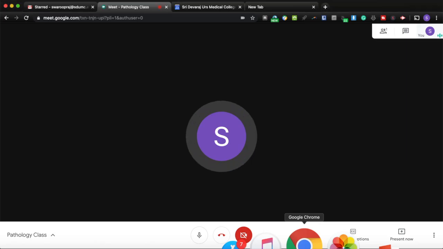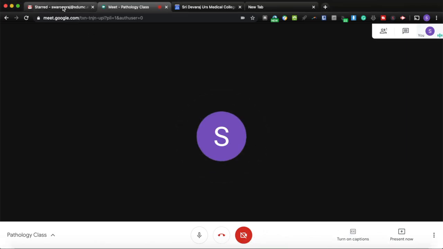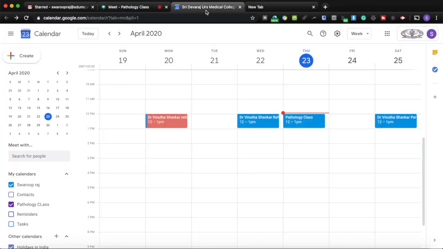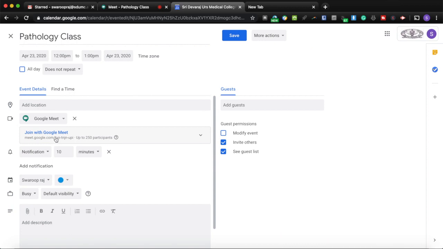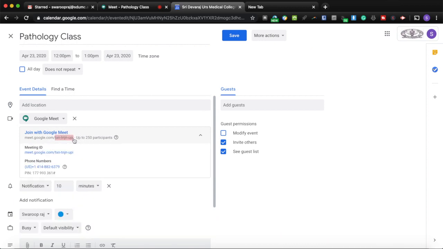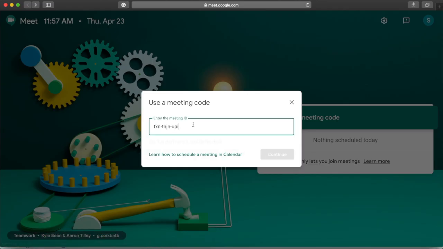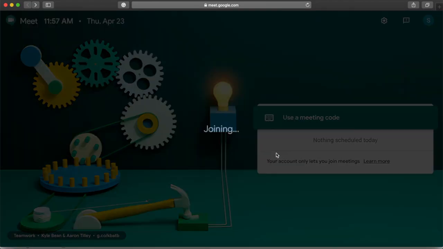The meeting code for this Google Meet class will show on your calendar if I just click it. So this is the meeting code, TXN- this one. You copy it and now I'll paste it here and click continue.